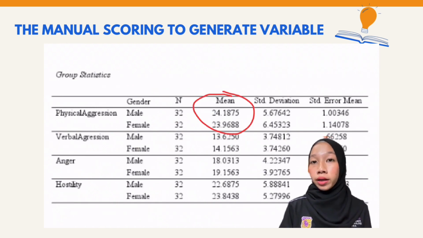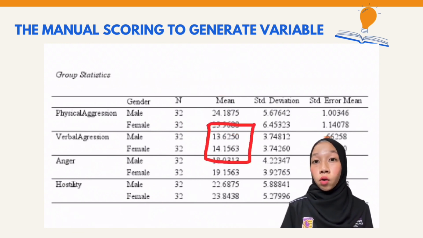24.1875 for male and 23.9688 for female, while the lowest subscale is verbal aggression, 13.6250 for male and 14.1563 for female. Meanwhile, for anger,